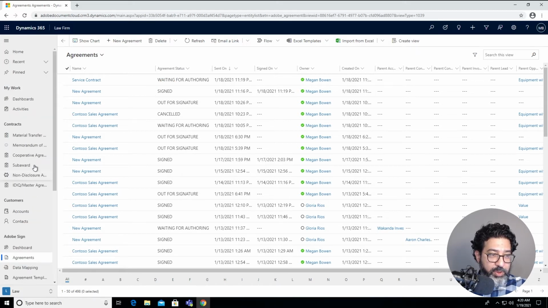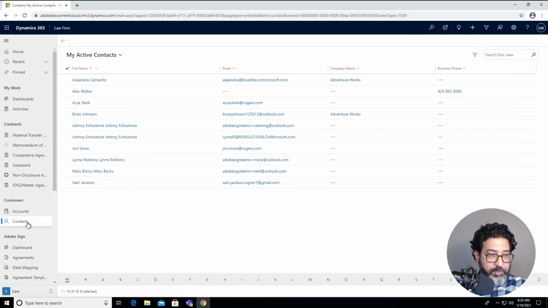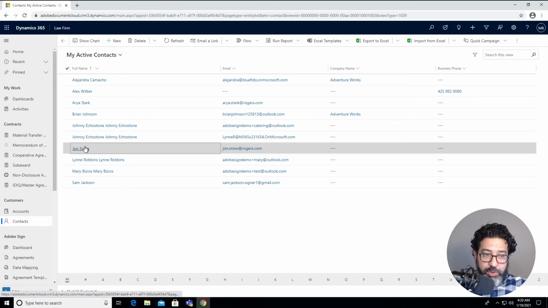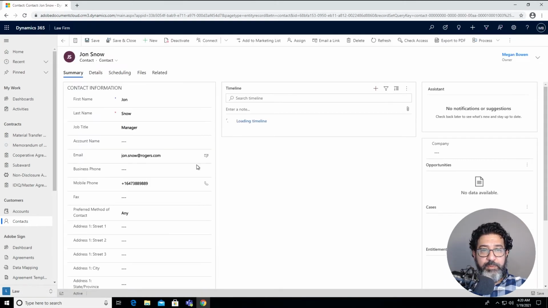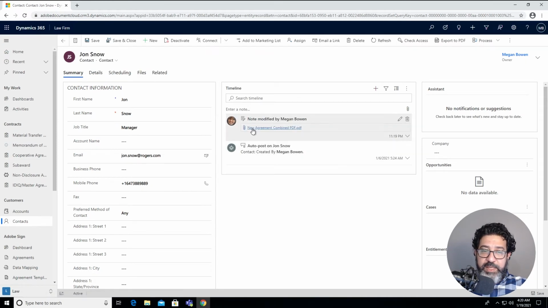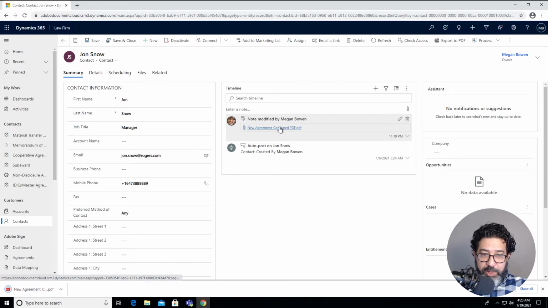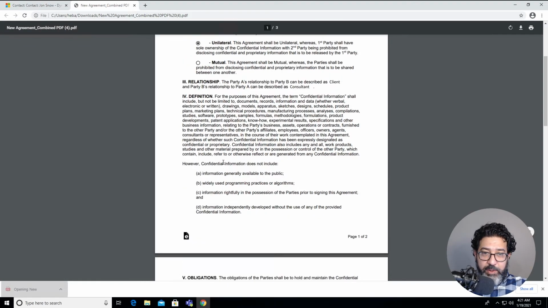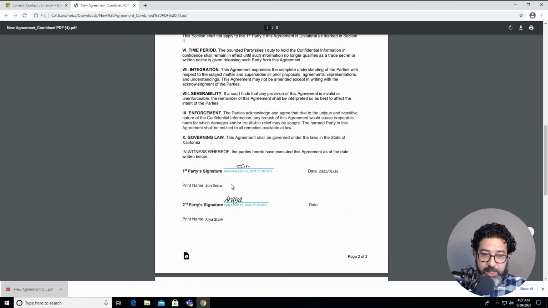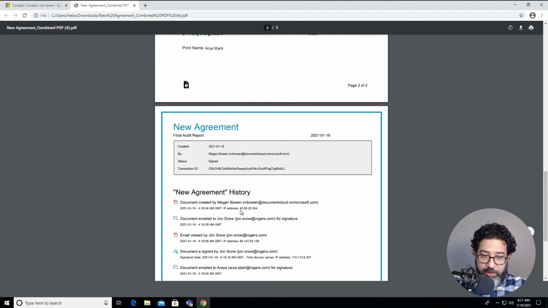If we go back to the contacts, and we can go to Jon Snow, we can see that the agreement is included in his timeline. We can open it. And we can see the signed agreement and all the related information.